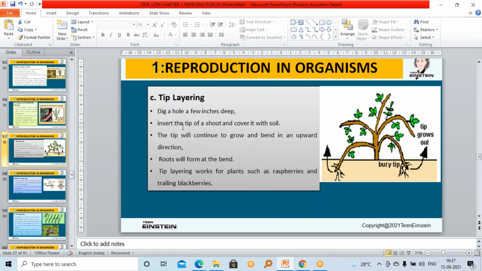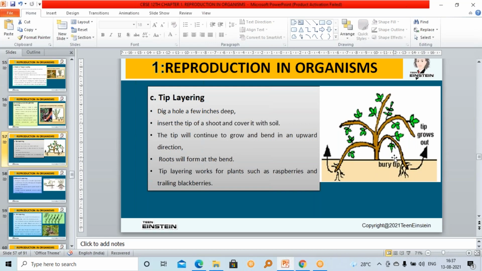From the title, it's clear that the tip portion we are going to layer in this. See the picture first. In this method, first we are going to dig a hole which is having a depth of few inches. Then